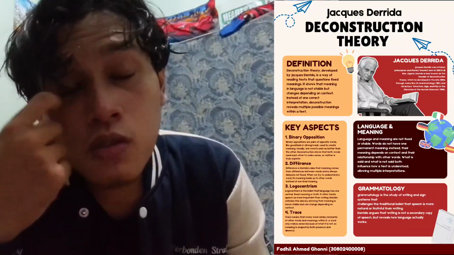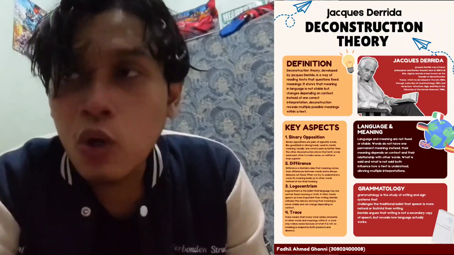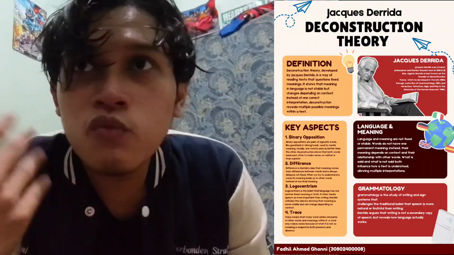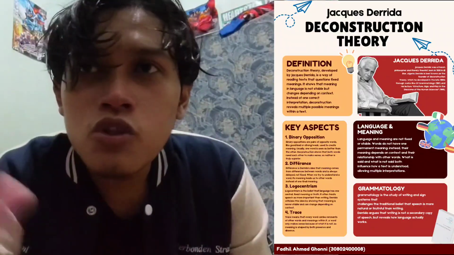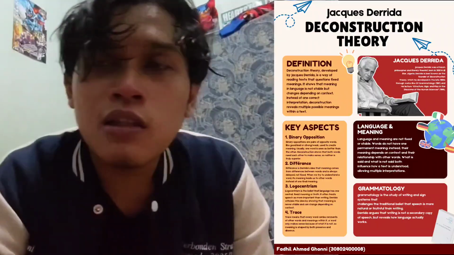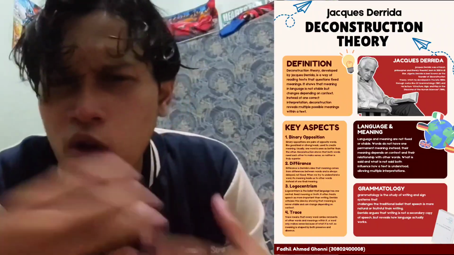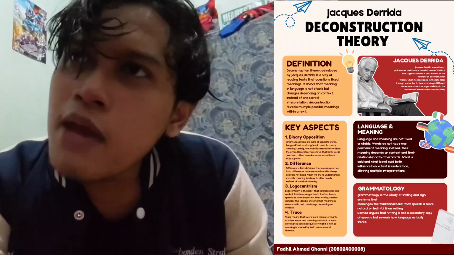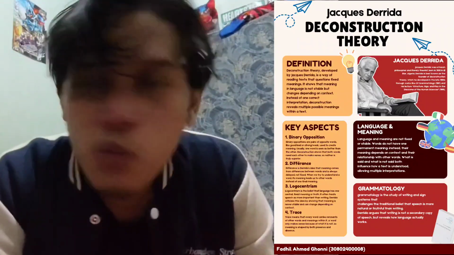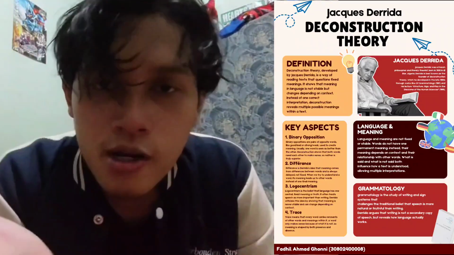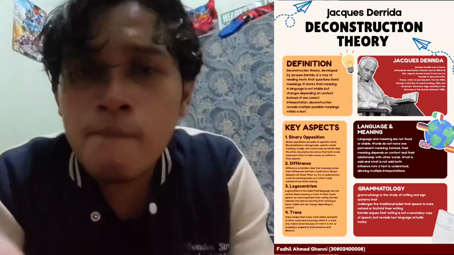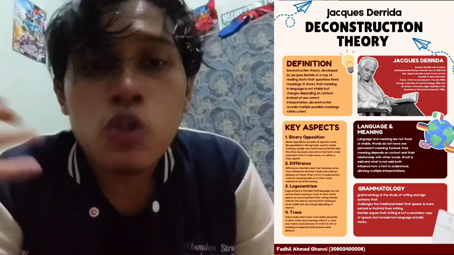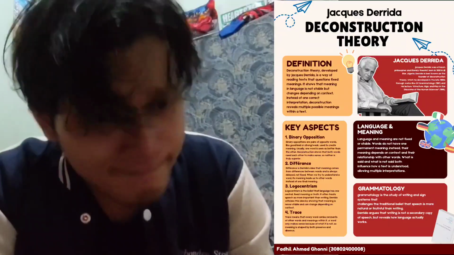So yeah, logocentrism is a belief that a word or language only has one true fixed meaning and cannot be changed, and it actually became one of the traditional beliefs used in Western philosophy. And then Derrida comes with his deconstruction theory and shakes everything up and makes an argument: he said that a word is not just going to stop at one meaning, it can be changed depending on the context and the usage of the word and the language.